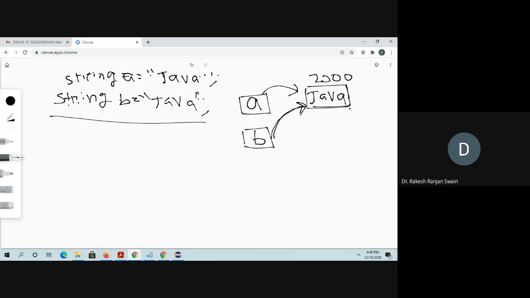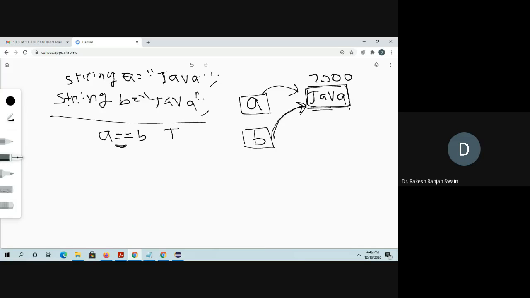So in these cases, whenever you check A double equals B, both things are checked. First the contents are equal, and the memory locations are equal, then it returns true.